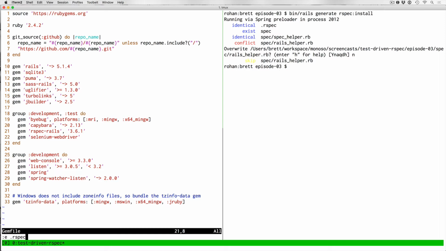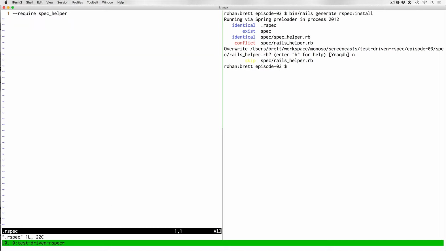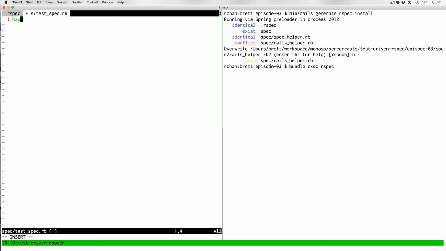So that first file is a .rspec file. When you run the RSpec command, like if you were to run bin/rspec or bundle exec rspec, it automatically loads the .rspec file. And that allows you to require files as needed. You can see by default, it loads the spec helper file, so that if we were to just create a test, like if we created a spec,